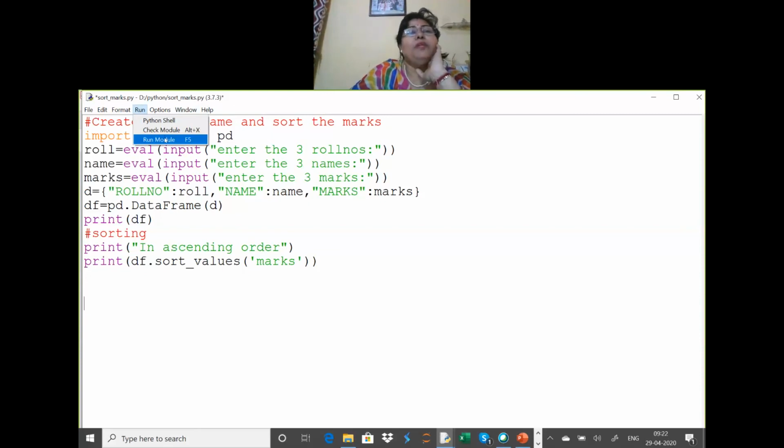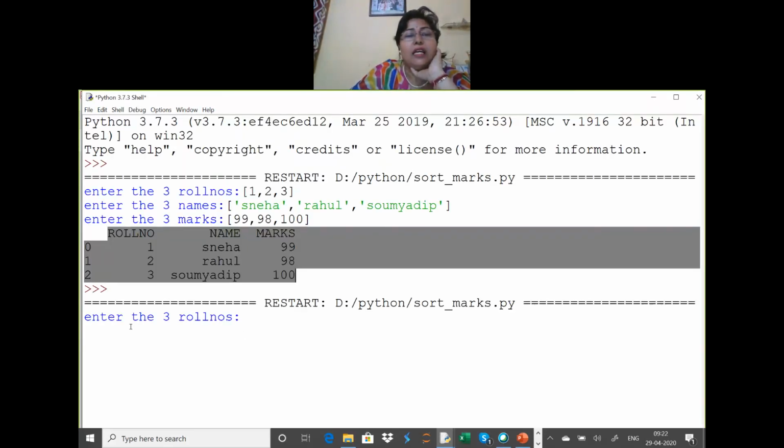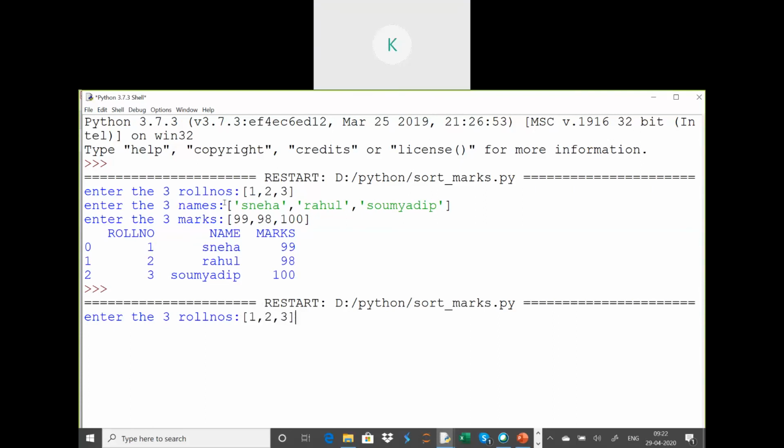Now here the problem is, it will again ask you to enter the roll number and marks. Again suppose you have to enter 3 roll numbers here. So I am just copying and pasting it from here. It has asked for 3 roll numbers, then the 3 names.